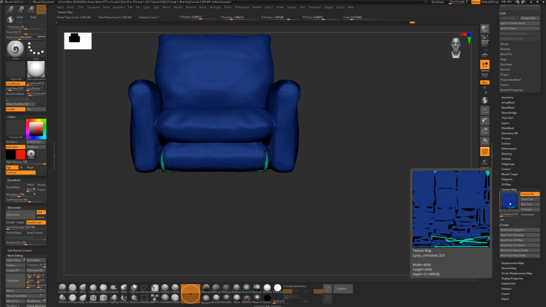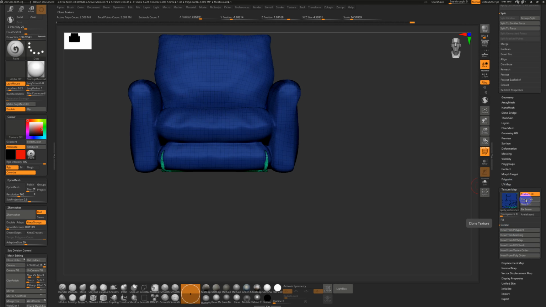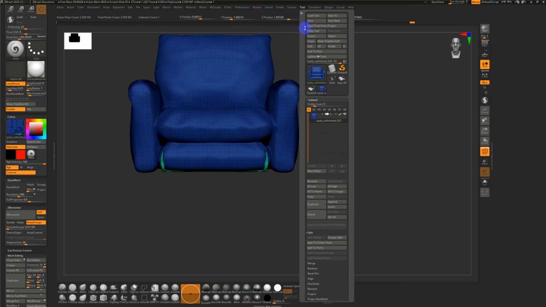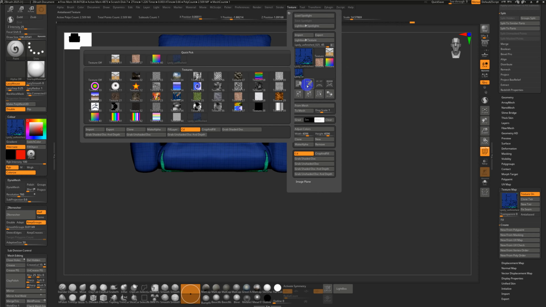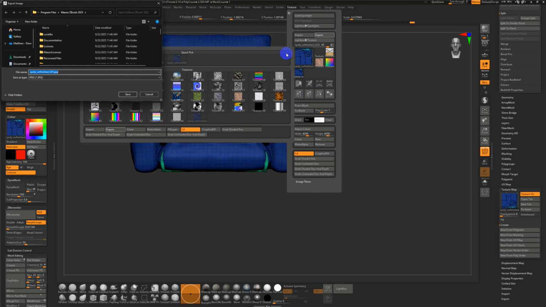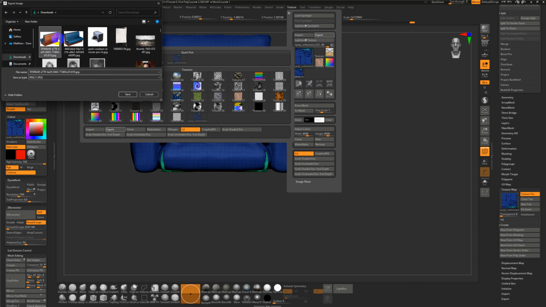Now with that color coding, what I'm going to do next is clone the texture, which is a bit of a weird way to do it, but you clone the texture and it pops up into the texture palette up here. ZBrush is again weird. Compared to every other software, its UVs are upside down. I'm not sure why, but you want to select the texture, go to flip vertical, and then hit export. In this case, just a JPEG is fine, so we can give it a basic name like